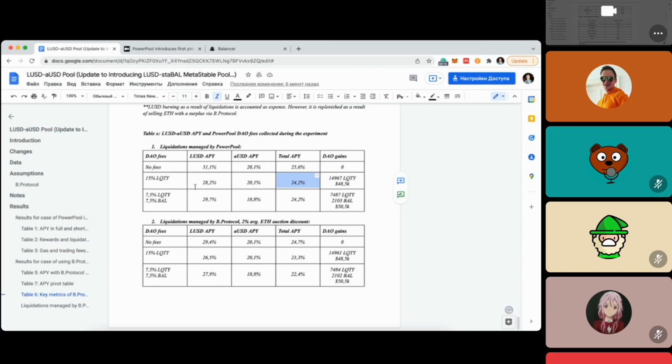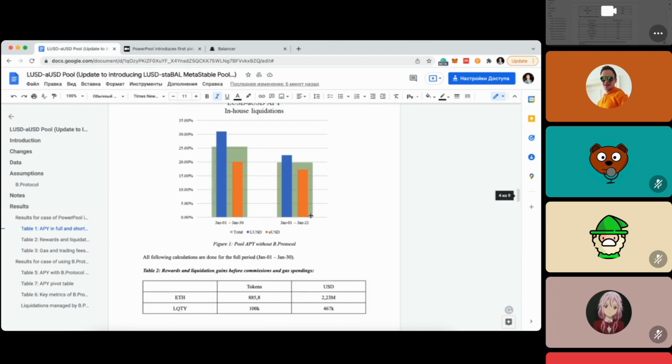So it's from Ethereum liquidations, from liquidity rewards, from balance rewards, but these liquidity rewards and balance rewards are paid to other products. And even if the LUSD pool from PowerPool will never exist, they will be paid anyway. So nobody allocated any reward to this product. So we can build it, launch it, and get this APY. Of course, this APY is calculated during the 30 days.